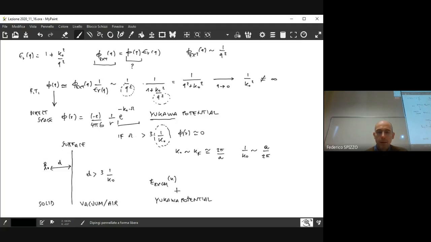So at this point, the summation, the starting point of the calculation, where we had the summation over 1 divided by m minus k squared, is replaced by the summation over m of 1 divided by k0 squared plus m minus k squared. So if we make the calculation, re-evaluate the exchange energy,